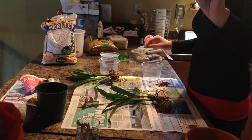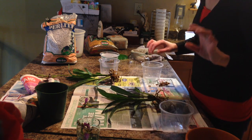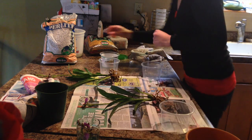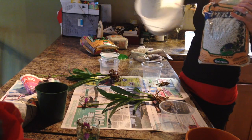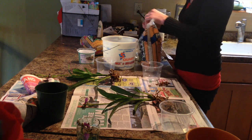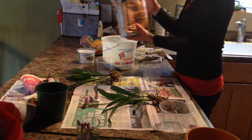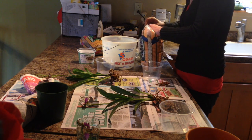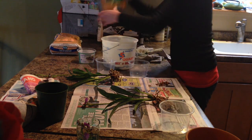I've drilled my holes. Wasn't really as easy as I thought it would be, but whatever. And now I'm ready to pot my plants. My mix I'm going to use is, I actually put a little bit of dirt, just a little tiny bit of dirt, because of the perlite with the dirt. Yes, I use a tiny dash of potting soil. So, just a dash. And then I'm going to use mostly